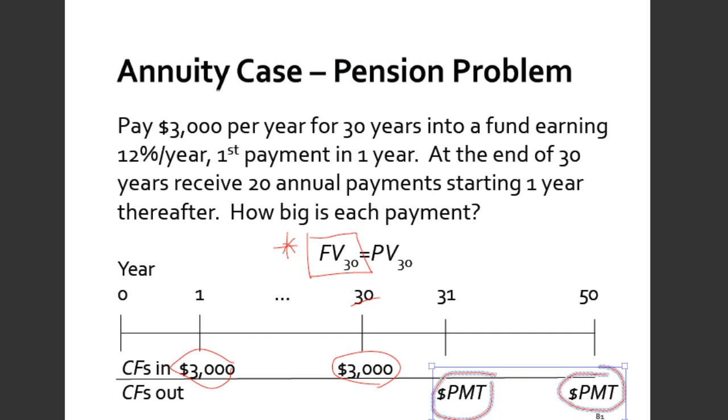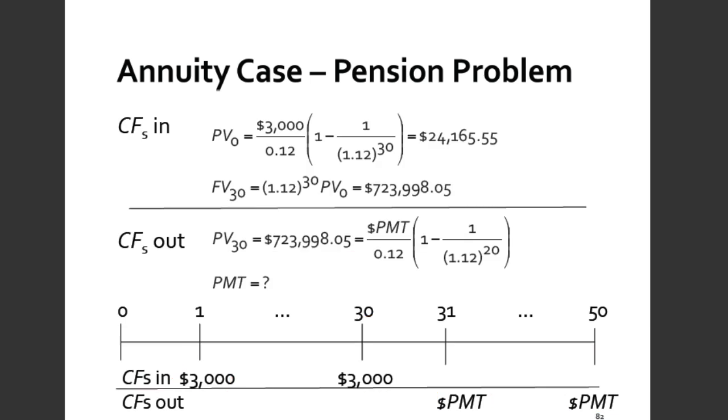All right, so once we get that future value lump sum amount, we can figure out the next annuity. We'll treat it like it's the present value of the future payments and solve for the payment size. So it's two annuities. The first one we need the future value of. We use that as the present value for the second annuity. So that's the approach that I have outlined here. So the cash flows going in, I can use the annuity formula to get the present value, but then I really need this. So this says if you put $3,000 away a year at that interest rate of 12%,